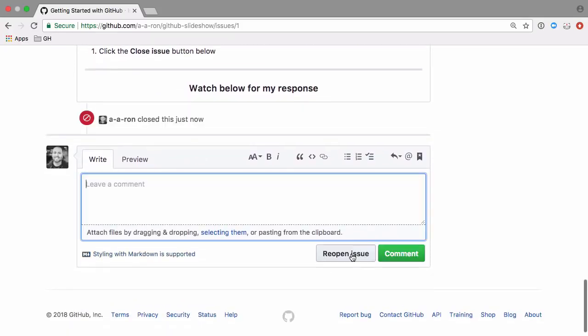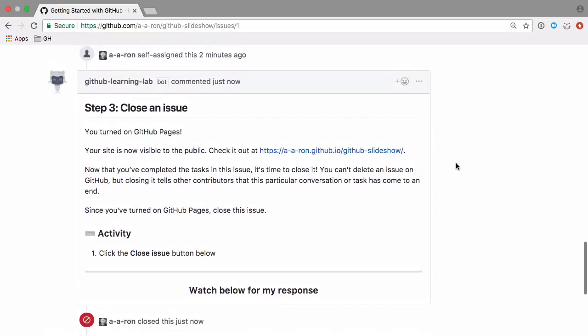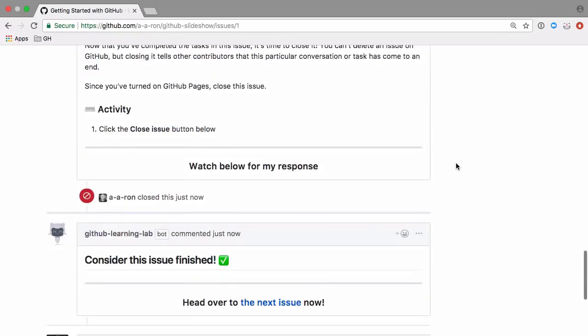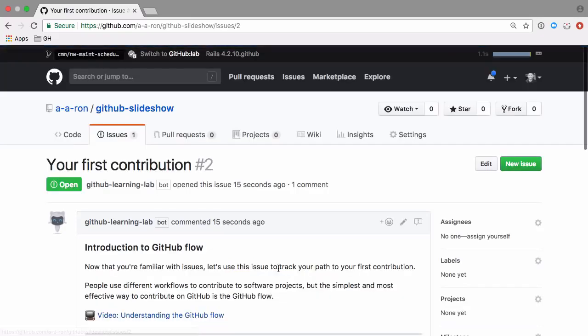You now get another message from GitHub Learning Lab notifying you that this issue thread has been completed and to head on over to the next issue for more instructions. You can click on the Next Issue link in the comment to take you over to the next issue. You've now been brought to the second issue, where GitHub Learning Lab has provided some new instructions for our next